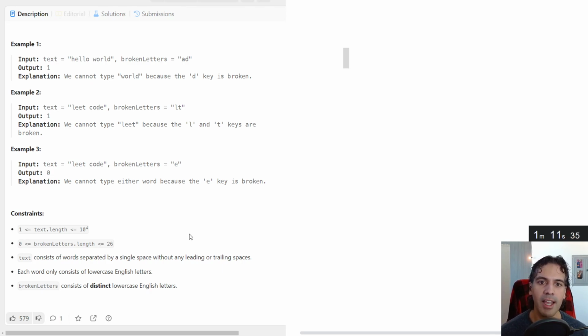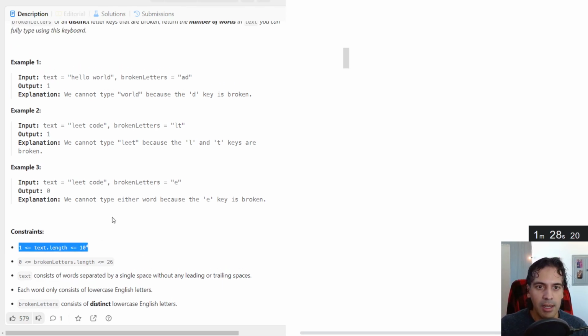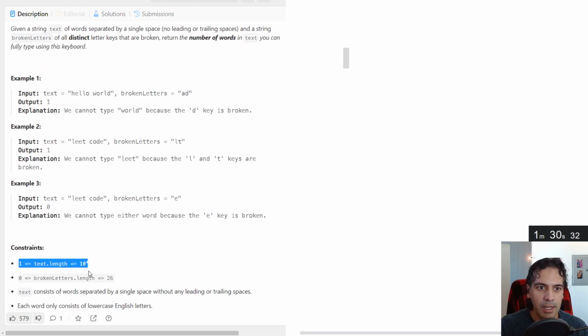Some of the questions I'd have is, are we just doing lowercase alphabetical? Are there limits to the characters? Will we get valid inputs? Generally, the interviewer will start off with a yes, and this is where they can decide how to change the question up. For Leetcode, it looks like our input text length is always going to fit comfortably within memory, and the number of broken letters is going to be within 0 through 26.